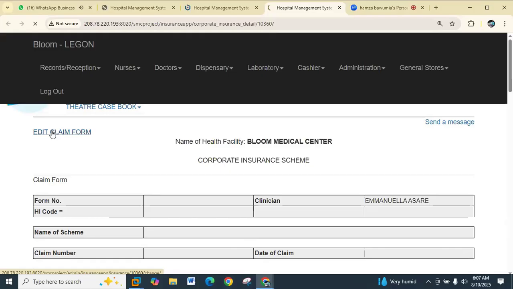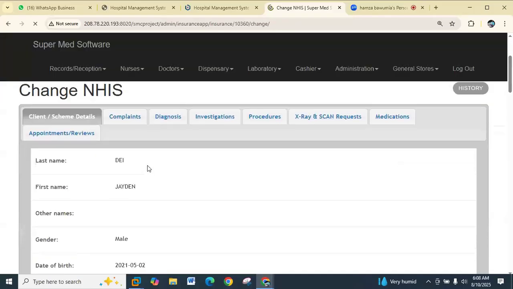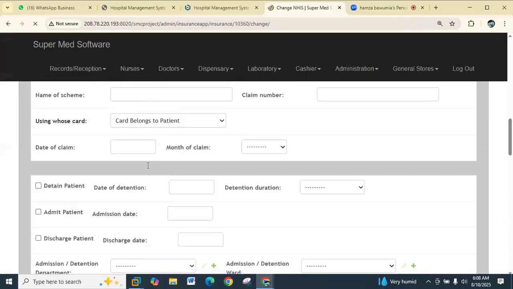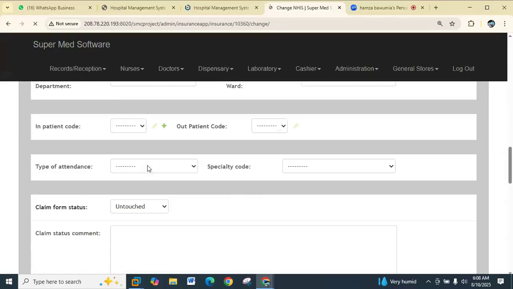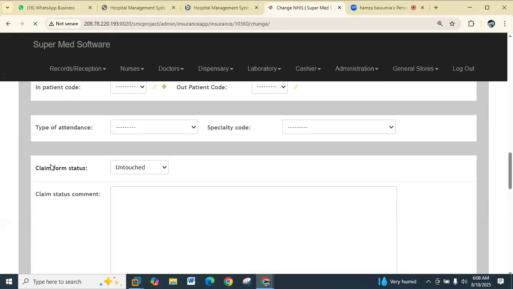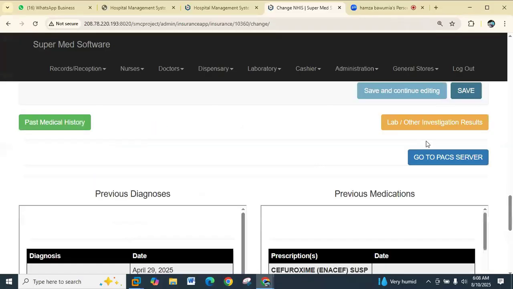So once you click on edit claim form, it will open the normal interface where you edit the claim. So here, for instance, once you finish editing, this is where we change the status. So it was untouched. Maybe you've edited it and you are halfway. So if you are going to save, you ensure that you leave it at halfway before you save, so that